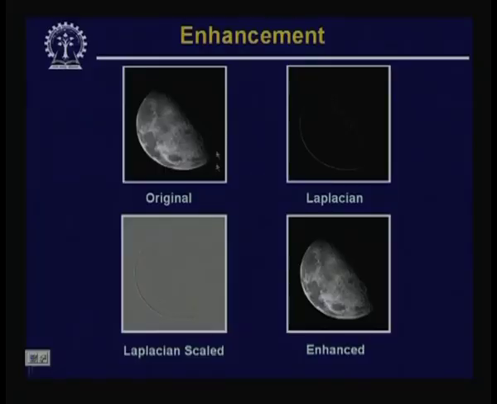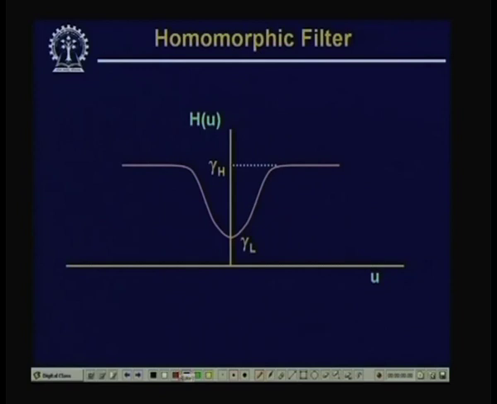suppressed. So, this shows an original image. On the right hand side, we have the output of the Laplacian, and if you closely look at this particular image, you will find that all the discontinuous regions will have some value. However, this particular image cannot be displayed properly. So, we have to have some scaling operation, because I will have